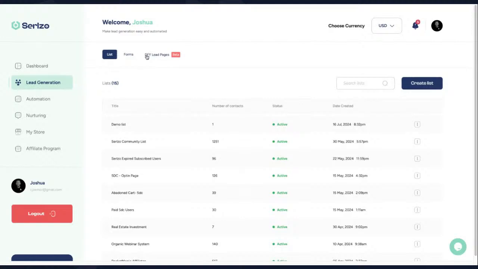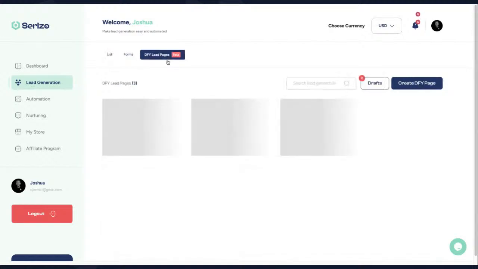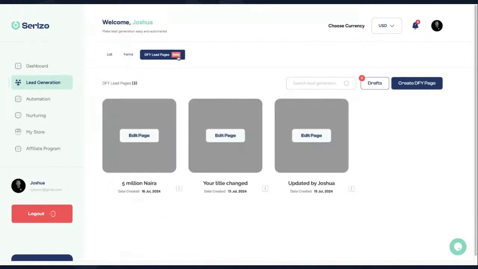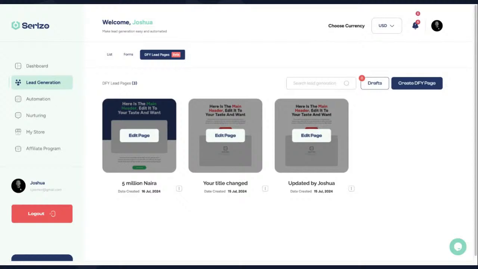So this feature right here called the DFI lead page, I'm going to click on it. You're currently seeing the beta icon there because this is the first time people are going to use it publicly. So we're going to monitor people use it publicly. Okay. Now, when you click on the DFI page, this is ideally what we did here, we picked out